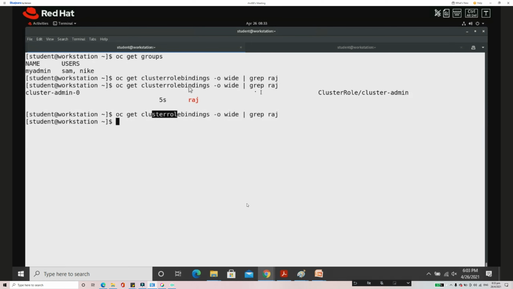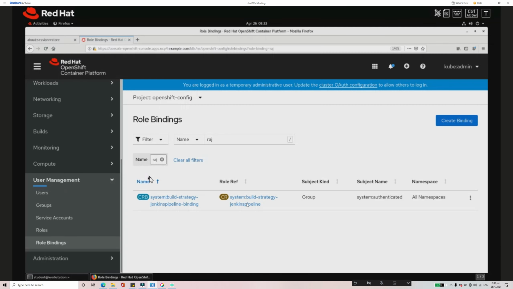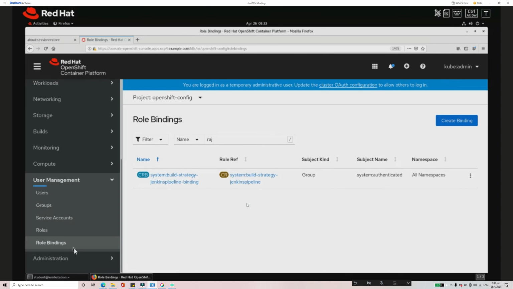And when you want to do some project level role binding, so I want to give a user a project level role binding. So for example, I want to make the user Nike, which I've created. For him, I want to give a view access to the test project 2. So I want to create a project level role binding. To create that, again you can go to this